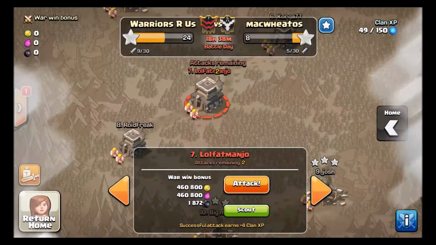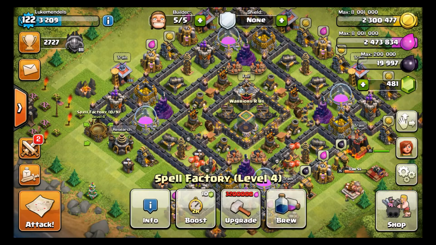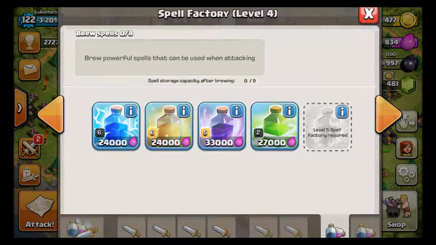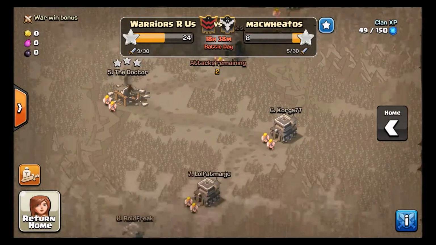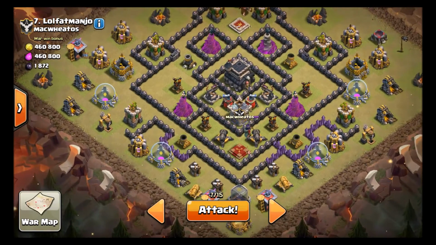So let's go ahead and check this out. Let's go ahead and set up an army composition that we can use. So first we're going to have to train up our spells. Let's see if we need a jump first. All right, so I think we're going to need a jump spell. Yeah, we're definitely going to need a jump spell,